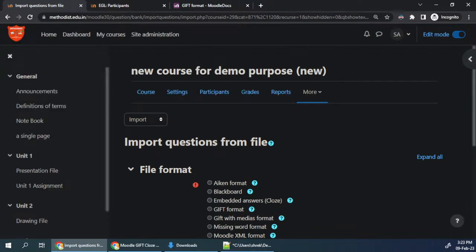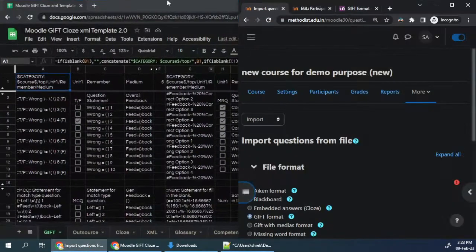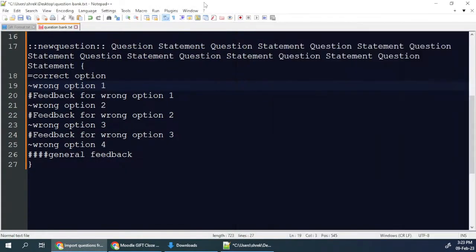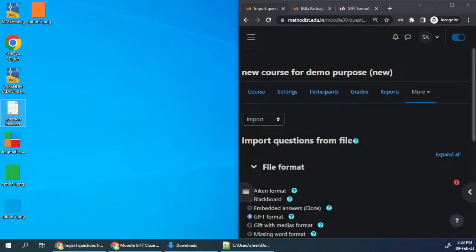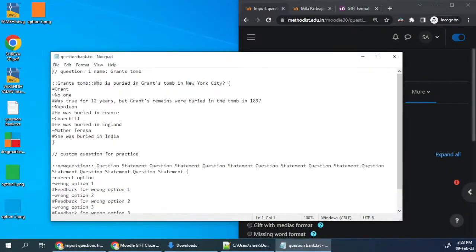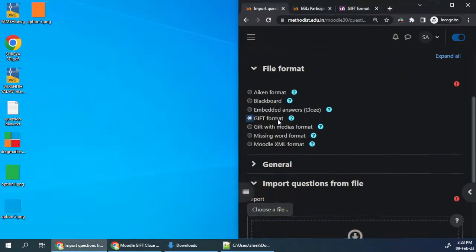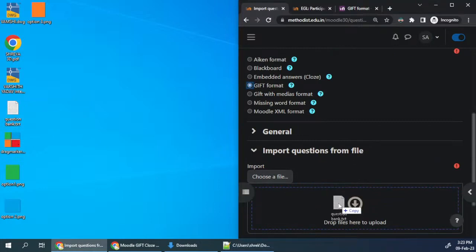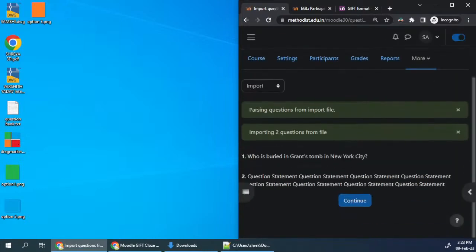And now, because we have created our file for gift format, we have to choose that format and keep it here on the right side. Okay, we have to minimize all these things in order to see our file. Let's save the file, and you can see the file is present here. It is having all the questions in the gift format, and here we need to select the gift format option, drag and drop it over here and click on import. So now the two questions, you can see they have been imported. Let's click on continue,